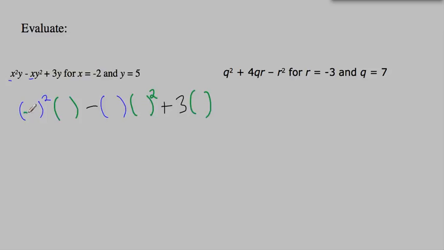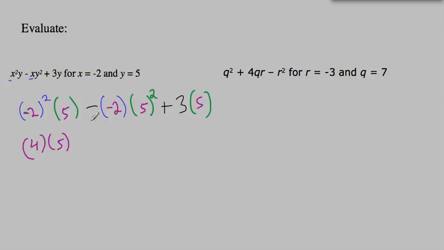So when I plug in -2 everywhere there's an x, and I plug in a 5 everywhere there's a y, I'm not going to lose or mess up this negative. I'm not going to have this negative on the outside and inadvertently have -4 instead of +4. So my next level would be 4